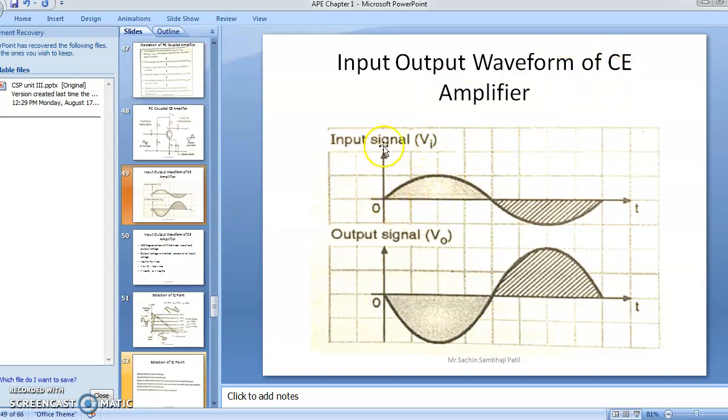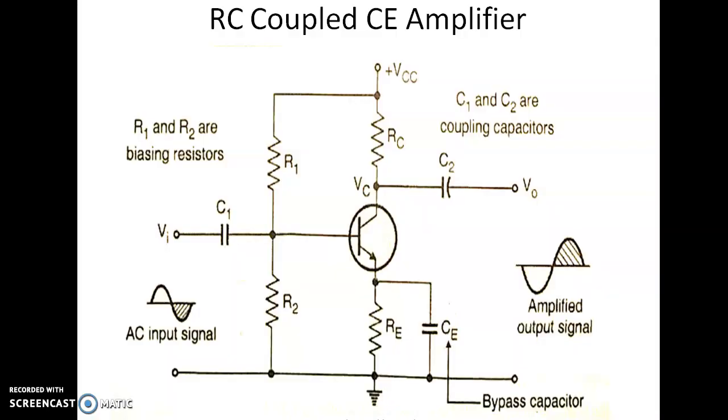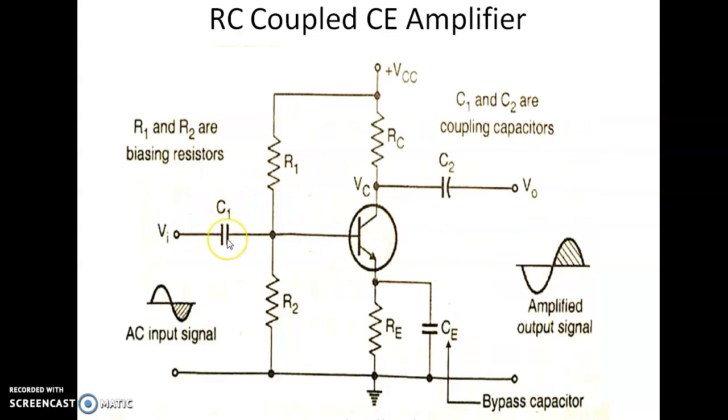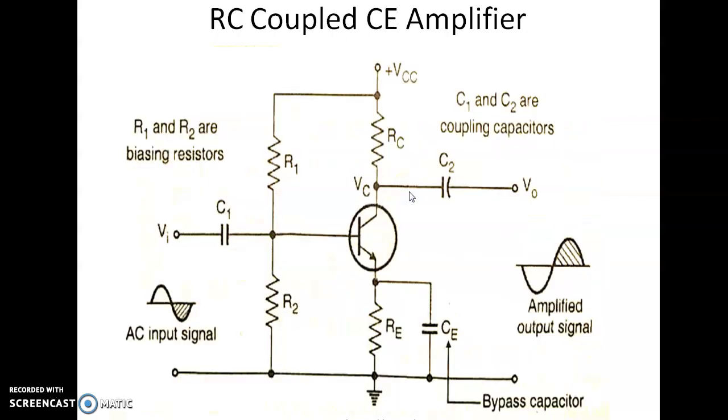Here we can see the first figure shows the input signal voltage Vi. The y-axis indicates voltage and the x-axis indicates time. This input voltage is applied to the base of the transistor. So when we apply the input voltage to the base of the transistor, as per this input voltage we are getting